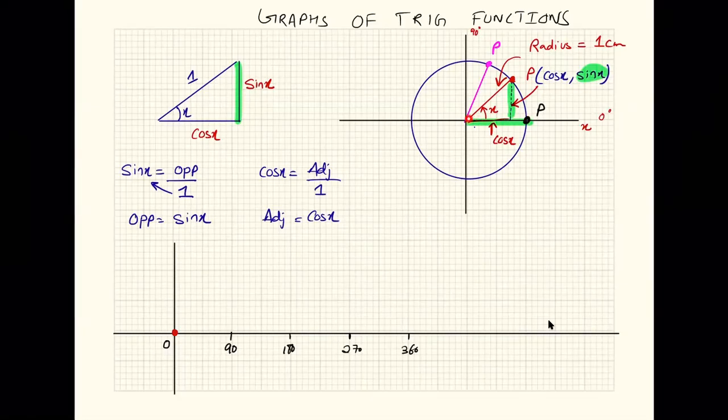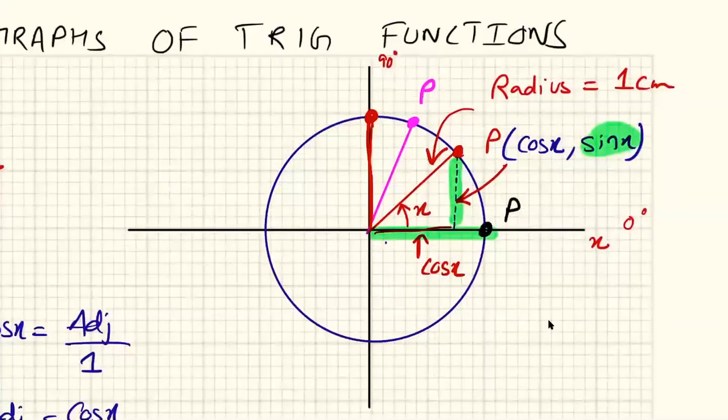So if x is going to be 90 degrees, focus on this length, which I am calling a radius. When the value of x becomes 90 degrees, this point P is going to come over here. Do you agree? So now what will its vertical height be? But what will this vertical height be? Will it still be 1 because of the radius? Yes, it's going to be 1. Very good.